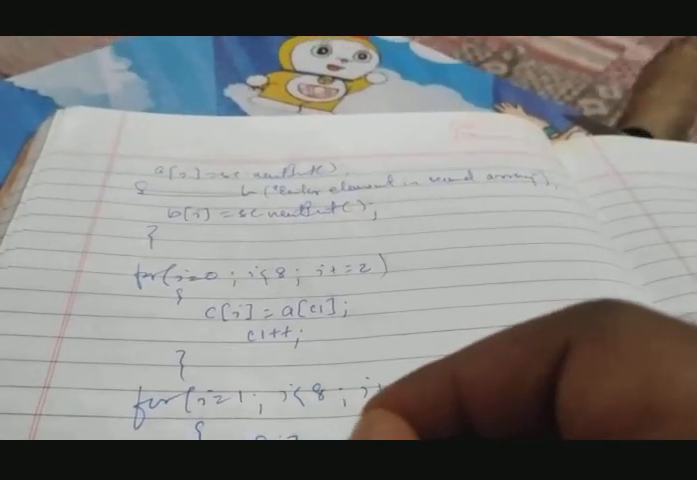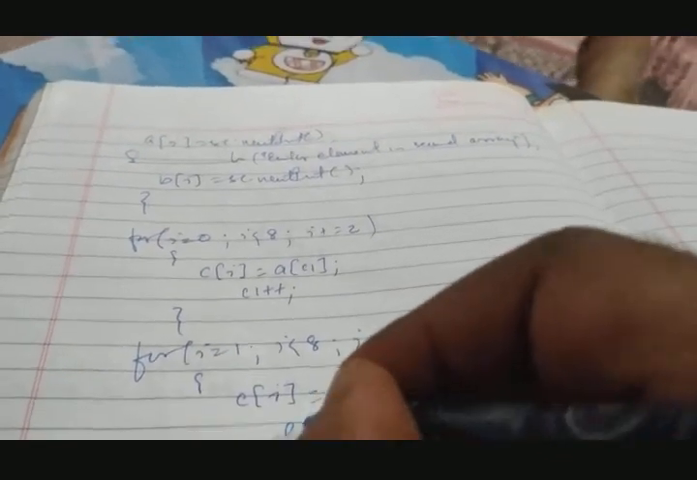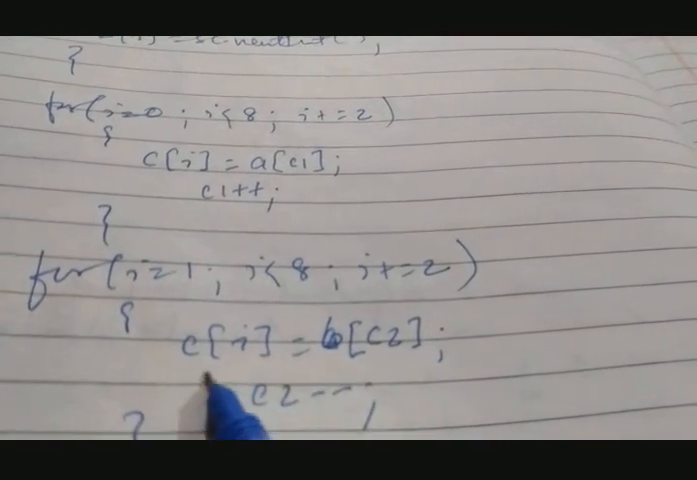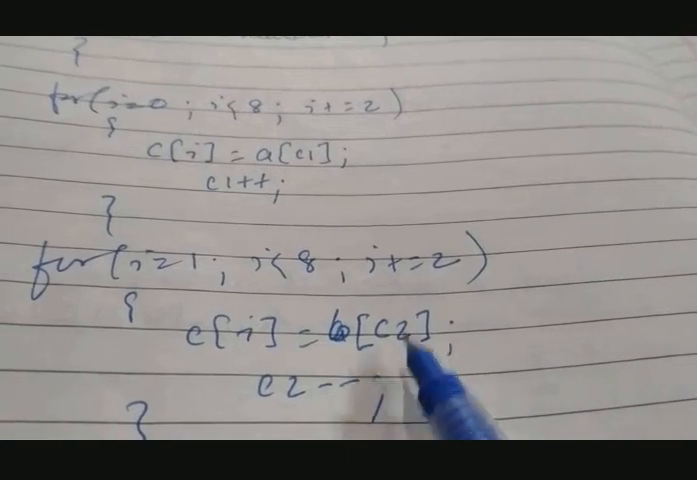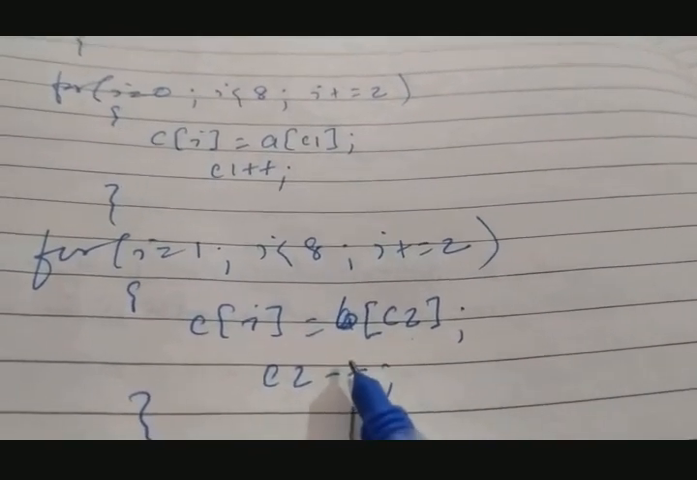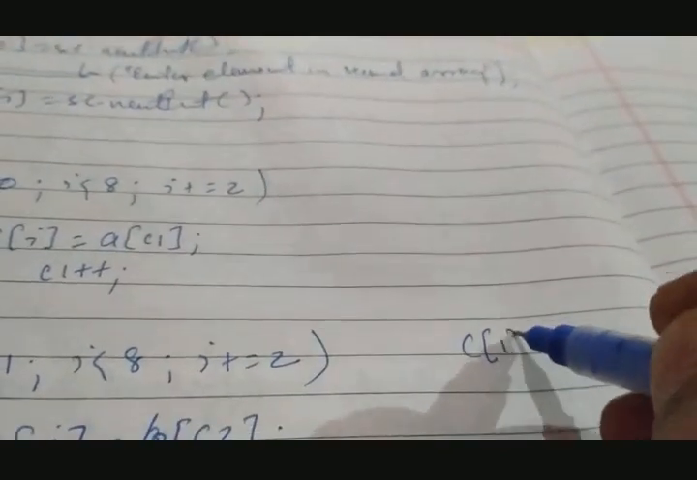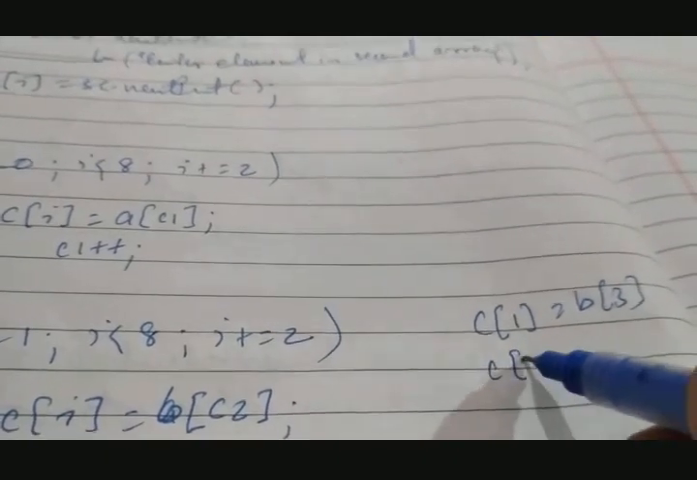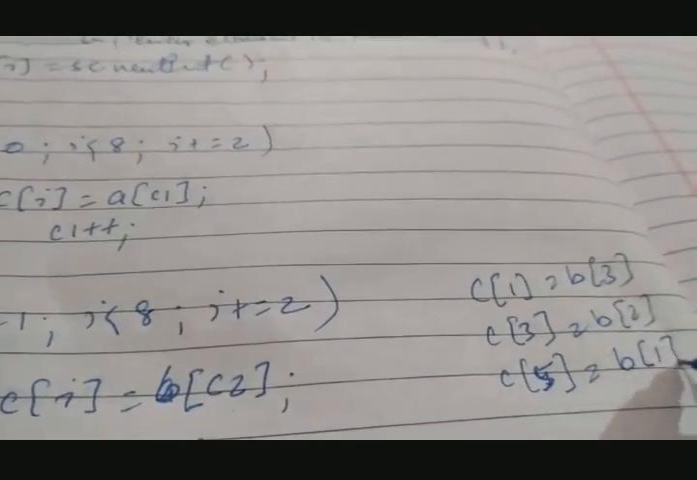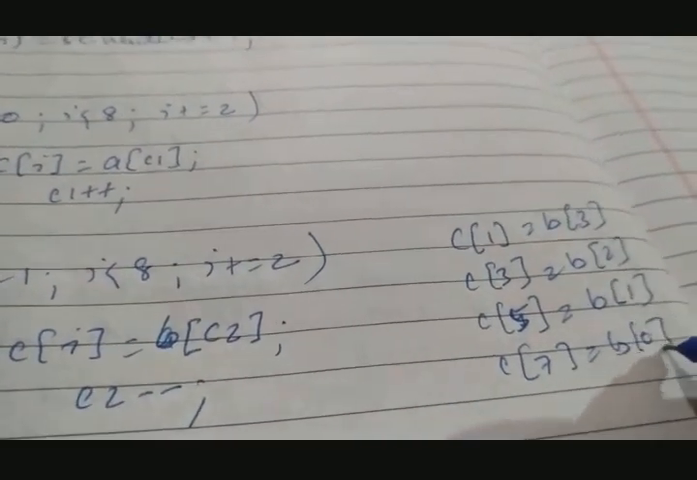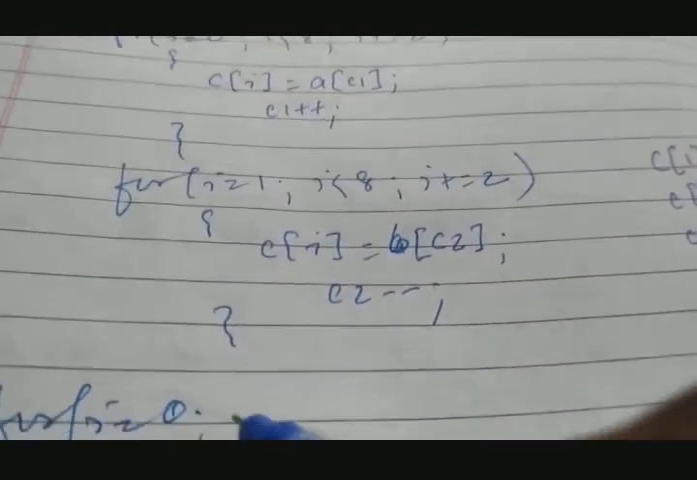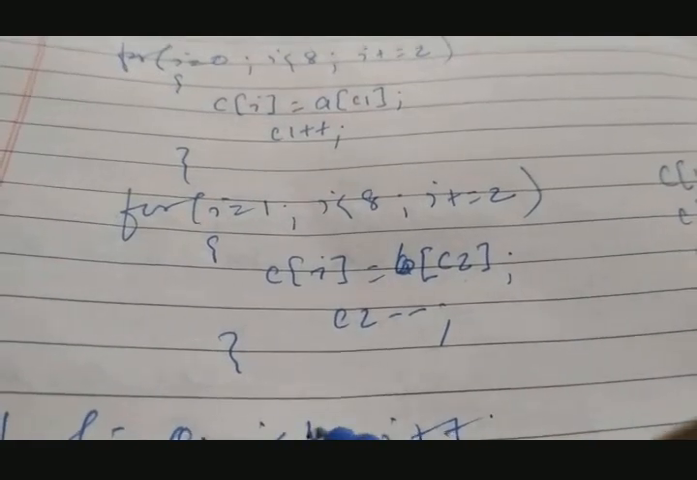So C of I equals to B of C2, C2 माइनस माइनस, यानी कि C के 1 में B का 3, फिर C के 3 में B का 2, घट रहा है ना, 3 था तो 2 हो जाएगा, उल्टा चल रहा है। जैसे C के 1 में B का 3 चला स्टोर, फिर C के 3 में B का 2 चला, फिर C के 5 में B का 1 चलेगा, और फिर C के 7 में B का 0 चला। ठीक है ना।